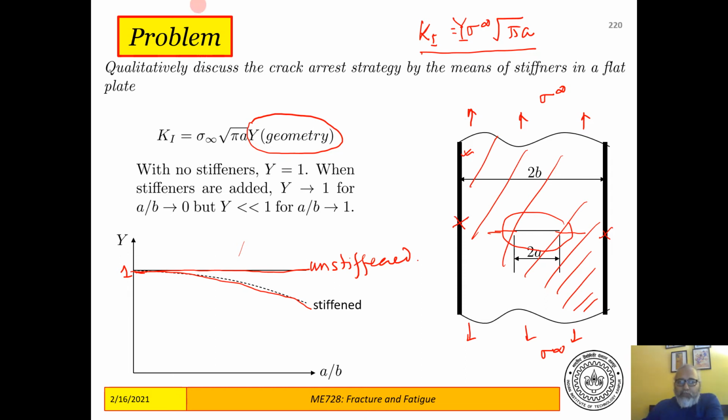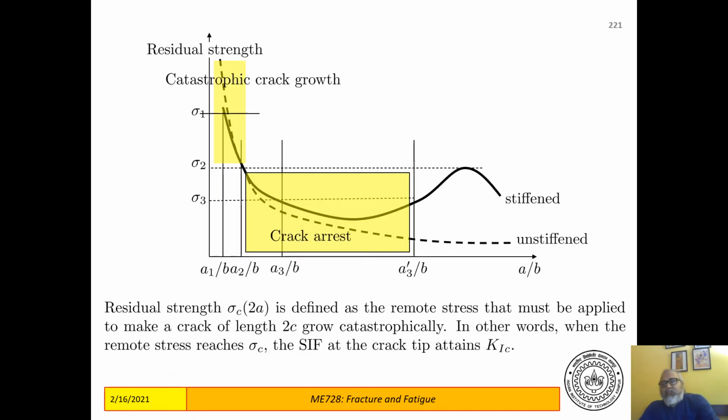So if K1 drops because Y drops, then to reach K1C you will have to increase sigma infinity even higher. Okay, so for the stiffened plate you will have to use more sigma infinity in order to make the crack propagate than for an unstiffened plate. That's what this diagram qualitatively says. Now, what is the effect of this qualitative picture? The effect is shown here, where we have plotted